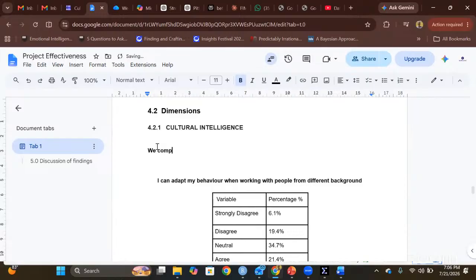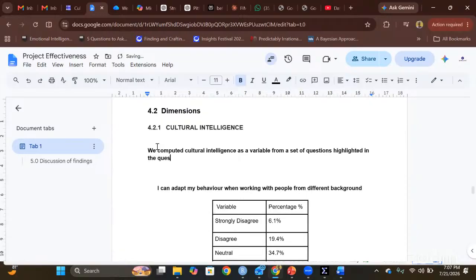So, we computed cultural intelligence as a variable from a set of questions highlighted in the questionnaire. So as a writer, you are going to refer them to the questionnaire, maybe appendix 1. And the next thing then is after computation,